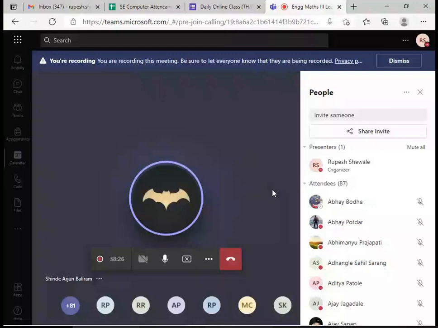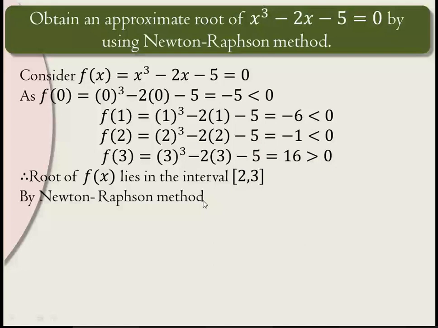So using the Newton-Raphson method, we are using the standard formula. What is the formula? xn plus 1 is equal to xn minus f of xn divided by f dash xn. We are taking x0 as the initial point between 2 and 3. f of xn will be,